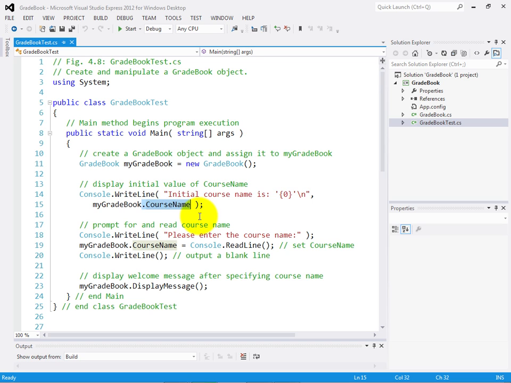And a property is interesting in that you can use a property by default to get a value out of an object or to set a value in an object as well. So here we're saying take the current value of the CourseName property of the GradeBook and display it. Whereas down here on line 19 we're saying place a new value into the CourseName property of the myGradeBook